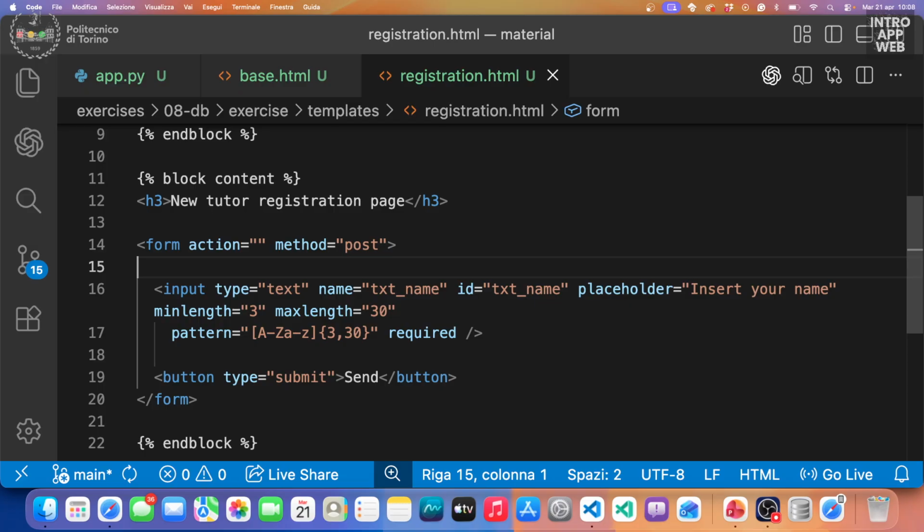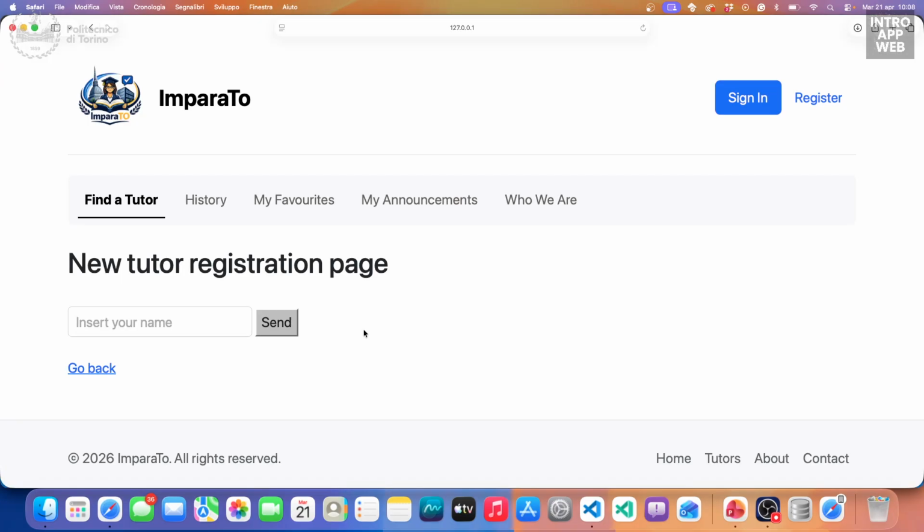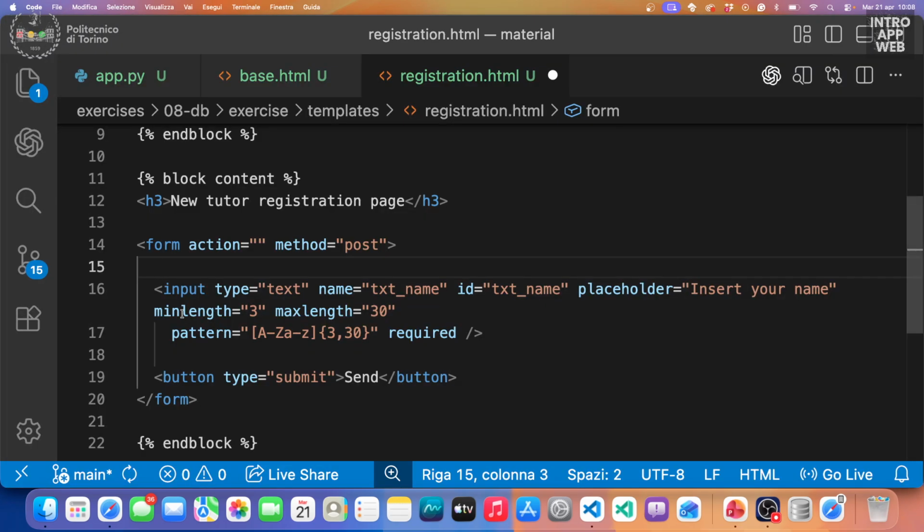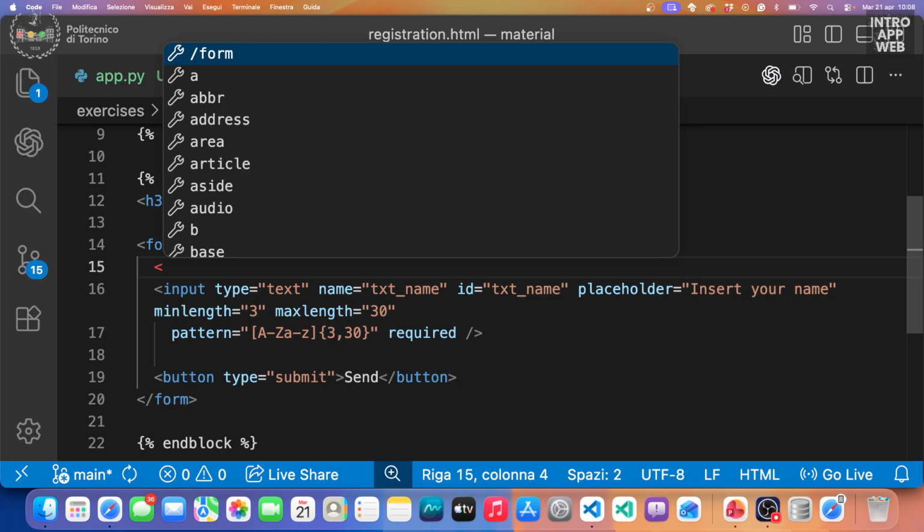The label. Because even here, if I show a placeholder that gives you an idea of what you are supposed to insert in there, there is always a good practice to add a label next to the field. So let's do it quickly. It should be